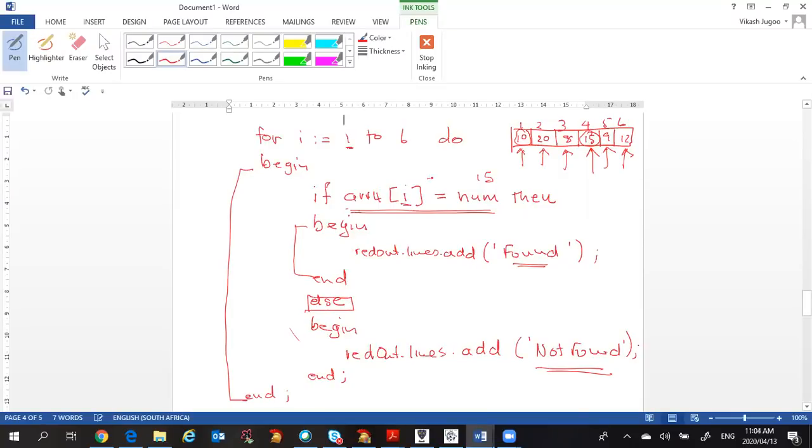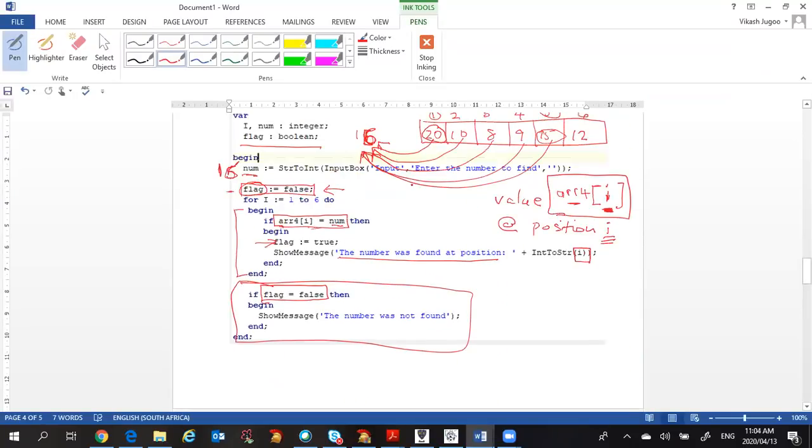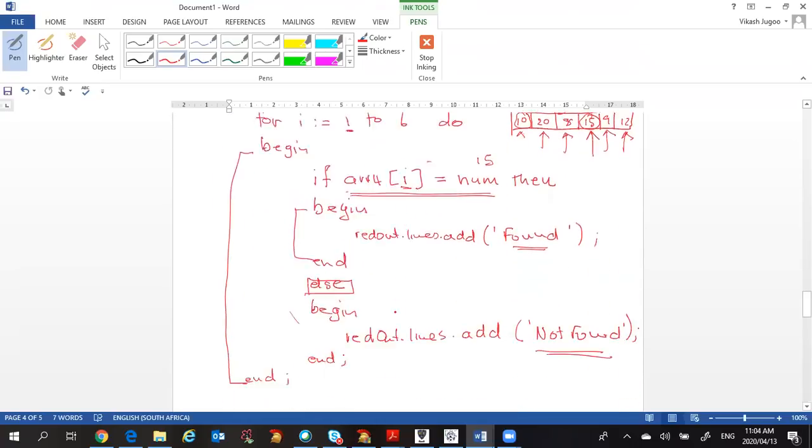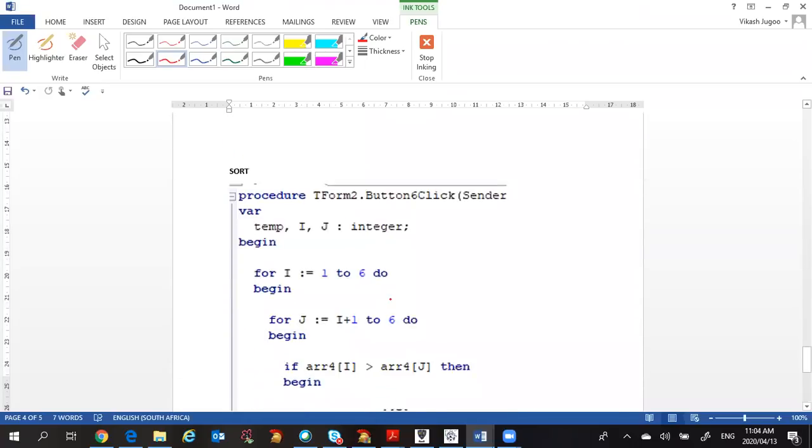The way we eliminate that problem is using the Boolean variable that is initially set to false. And when I find what I'm looking for, I change it to true. And when the loop finishes, I simply check that value to determine whether flag remained false or whether it changed to true. The next technique